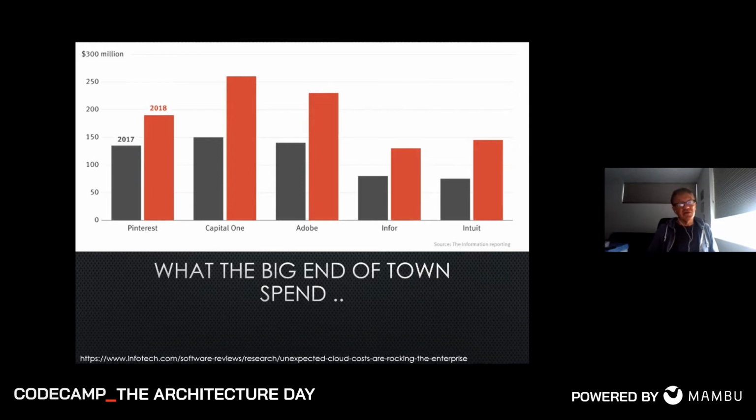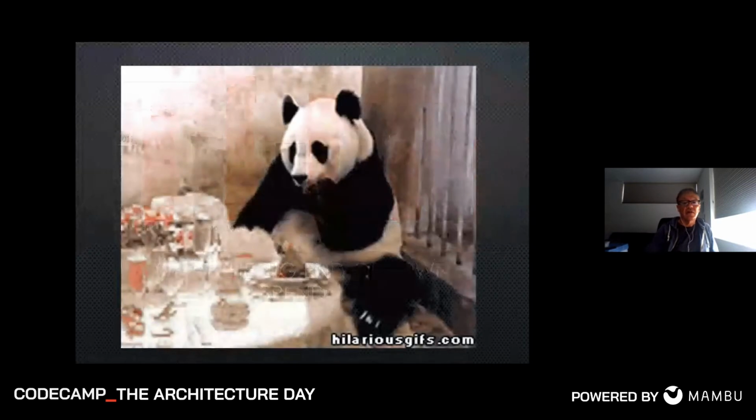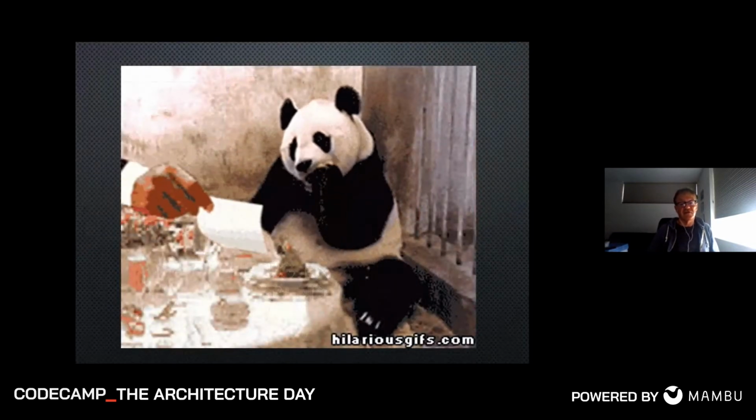And there are many documented cases of people getting large surprises in their cloud bill when they deployed something they didn't quite realize, the settings weren't quite right, they deployed an extra service and forgot about it, and suddenly you see an extra $100,000 on your cloud bill at the end of the month. So one thing you really want to do is design your systems so they can scale, but you don't have this kind of reaction when you see the bill.